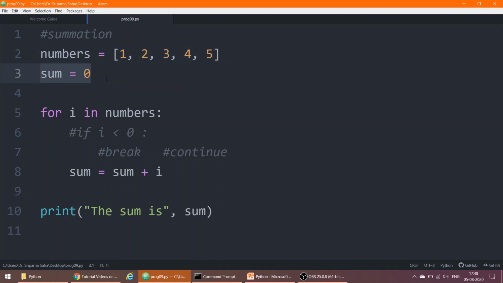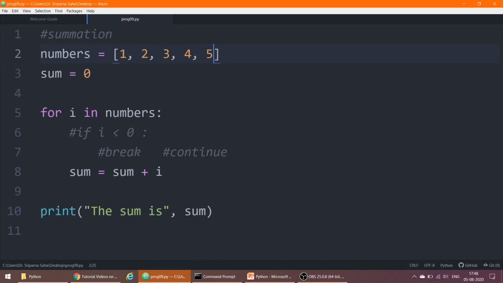Now, how does a for loop need to be written? This is the way you need to write the for loop. It is for i, where i is one particular variable that will go one after another. Initially, for the first time of the for loop execution, i will be the value 1. Then i will be the next value, then the next, and so on.